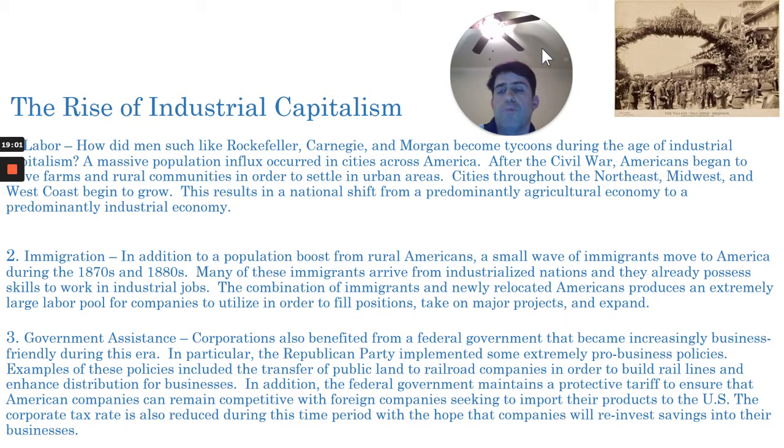And also, the corporate tax rate was reduced during this era as well, and the government's hope and intention by giving tax breaks to corporations was that the companies would reinvest that savings into their businesses and expand their businesses, create jobs. And that's one of the things that's still a staple of Republican Party politics in modern America throughout the 20th century and even today. The idea that if you give large corporations tax cuts, they will invest the savings into their businesses and create new jobs